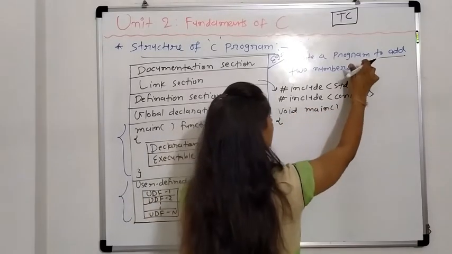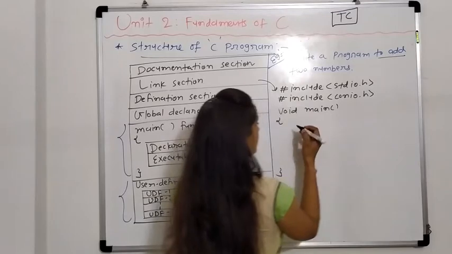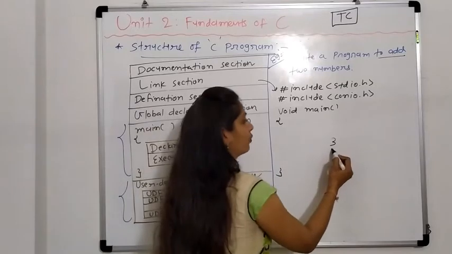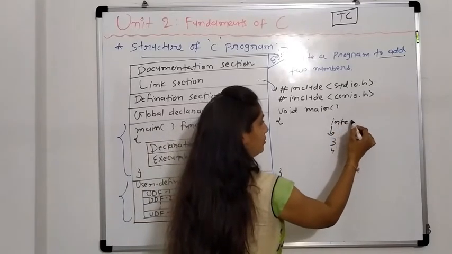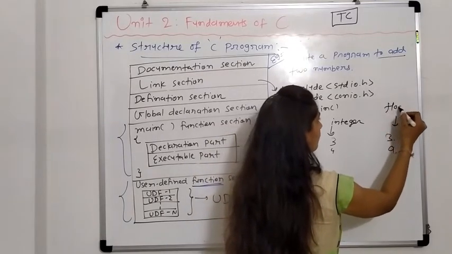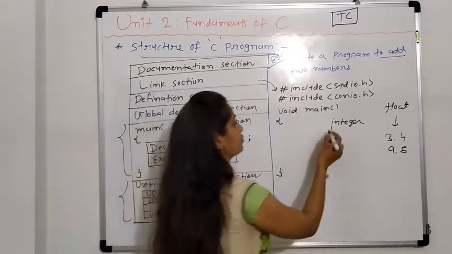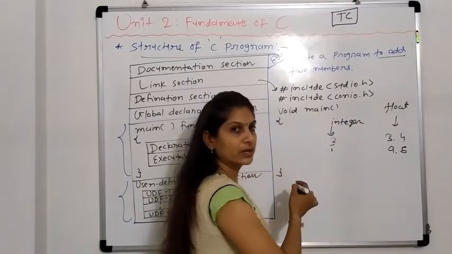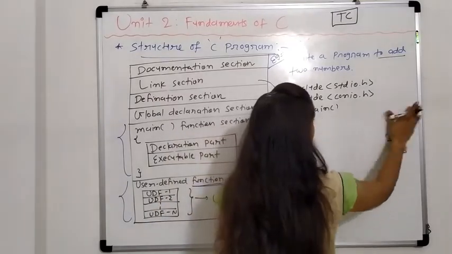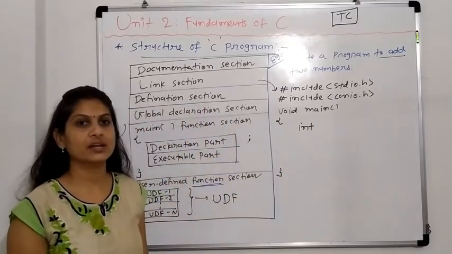Now we are writing the algorithm to add two numbers. That is, input two values. The two numbers can be integers, that is 3, 4, 5. This is called an integer value. If you want 3.4, 9.5, then this is called a float value. So you can choose any kind of data as input. Right now we are using only whole numbers, not decimal values. So for whole numbers we use the integer kind of data. So here we write the data type, that is int, which stands for integer.